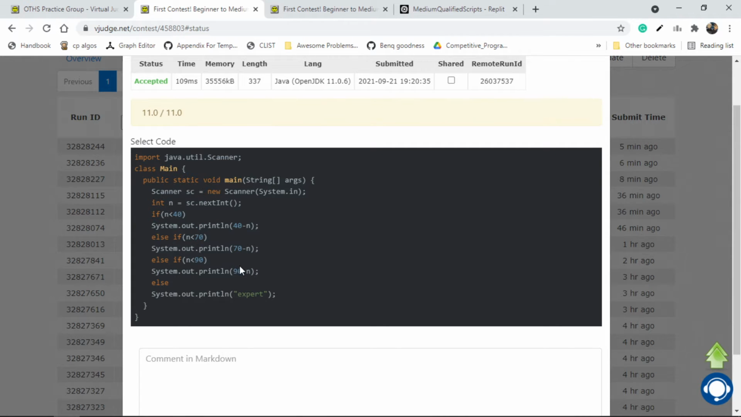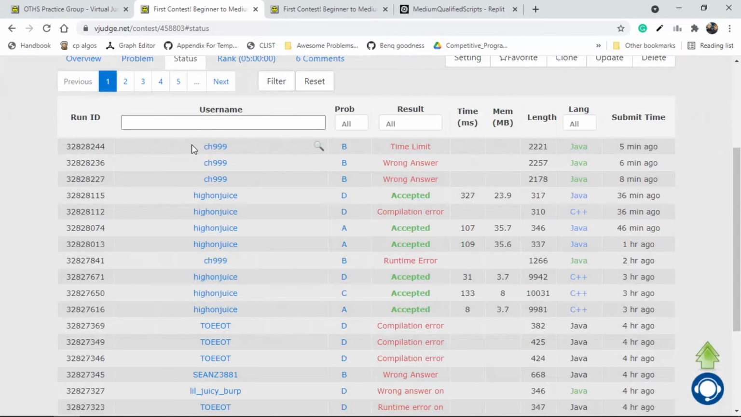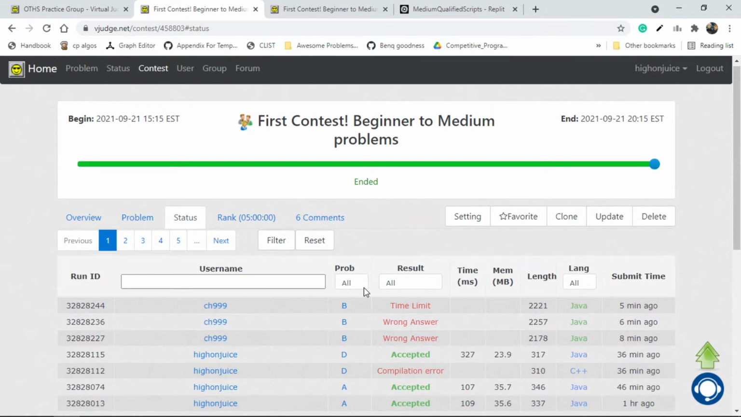But basically I did just the lowest number that was closest to it, which would be 90 or 70, and I subtracted by its current value. That's kind of it for A. For D,